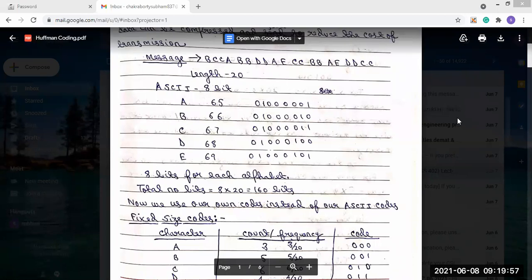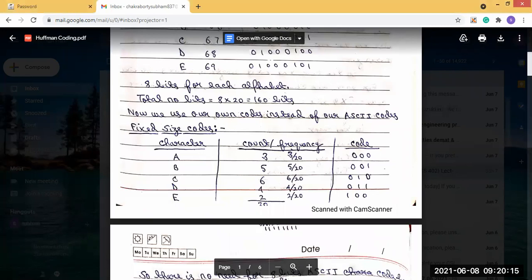Huffman coding is basically the compression technique we use. First, we use the fixed size code, and a table is prepared according to the characters count.